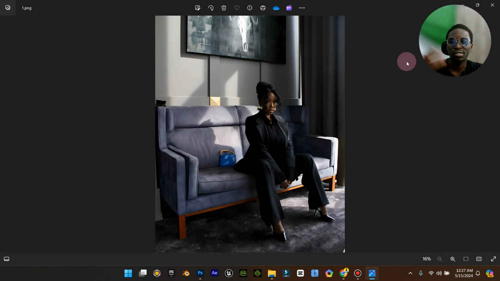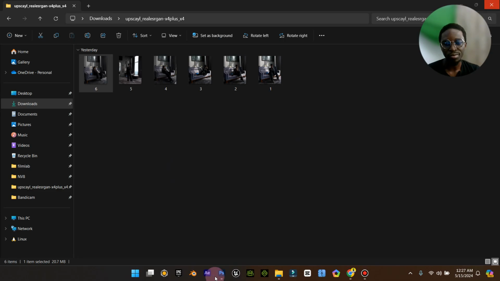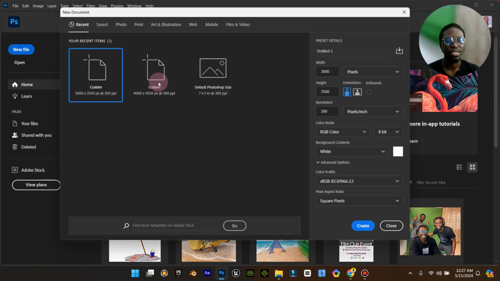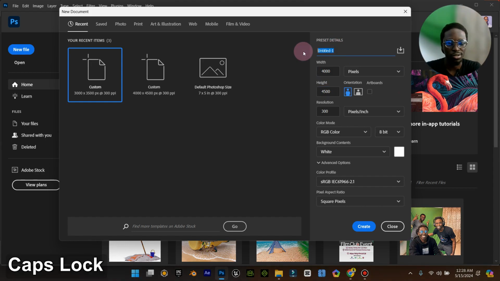I'm going to combine the power of Photoshop, the power of generative AI, and also bring in some elements that I might need or I might not need. I don't know yet. But first thing first, let's go to Photoshop, create a new file. I'm going to give it 4000 width, 4500 height,